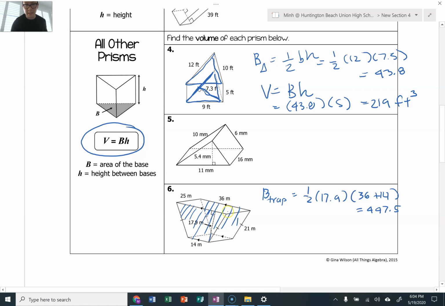It happens to be that it's going to be this side, right? These are parallel running across here. What's the distance of it? Well, it's 25. So volume is equal to the area of the base times height. So that's going to be